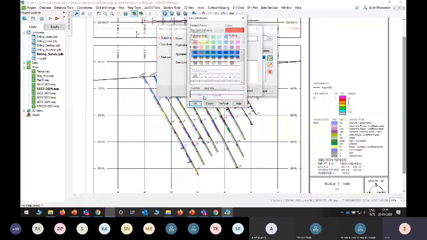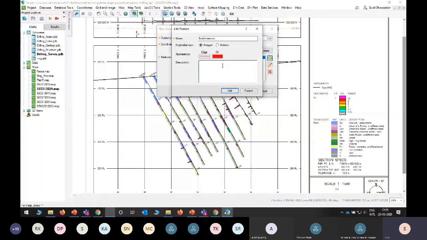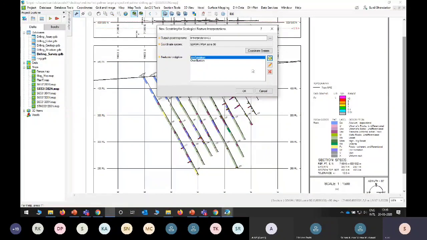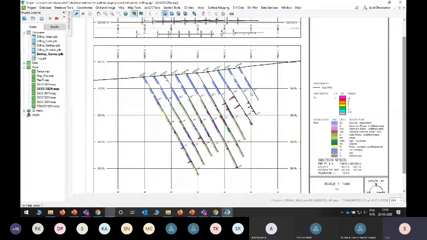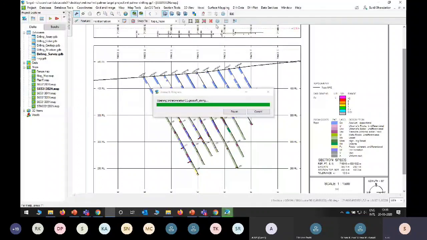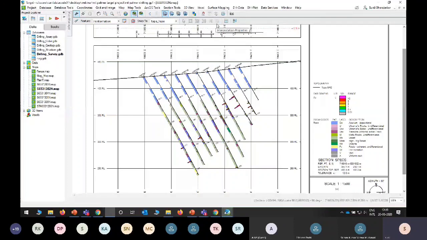You can also add a description with respect to that formation. Here we can add some text, and then we can add a number of features also. So here itself you can edit, because later you cannot edit. So here itself you can edit and click OK. Now you can see the new menu option is open with respect to geostring, that is interpretation properties and all. Now we will digitize the feature, so you have to click it here.